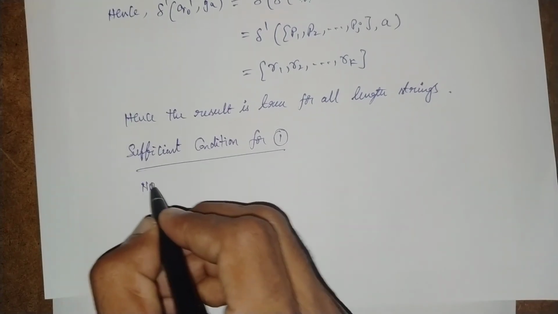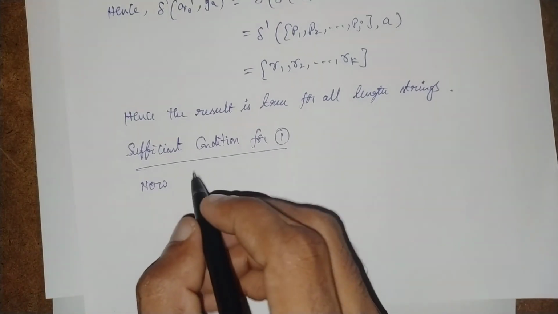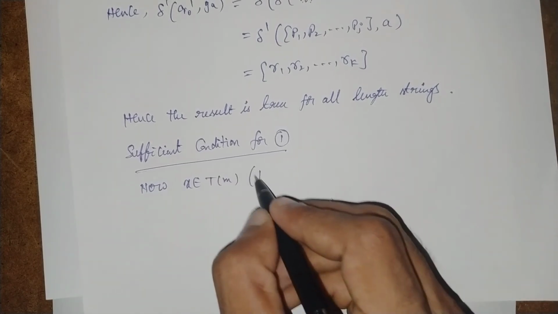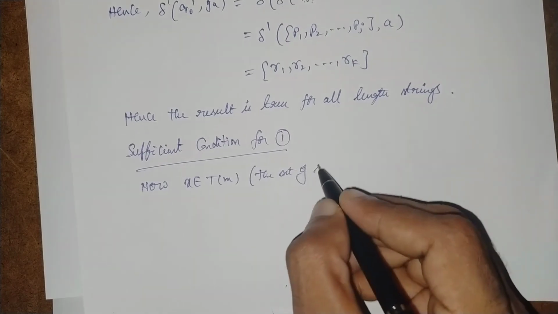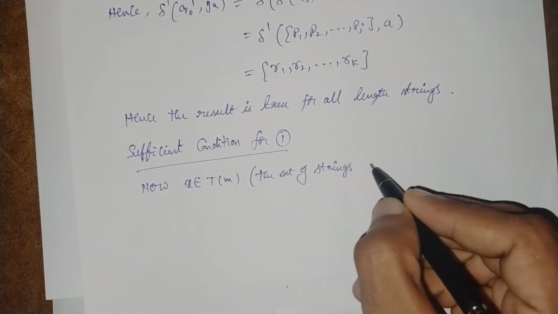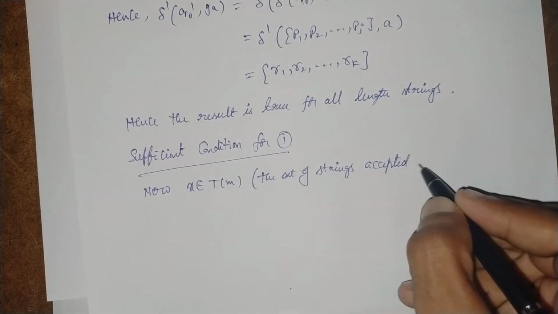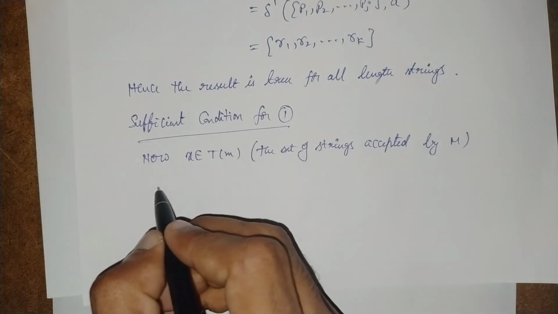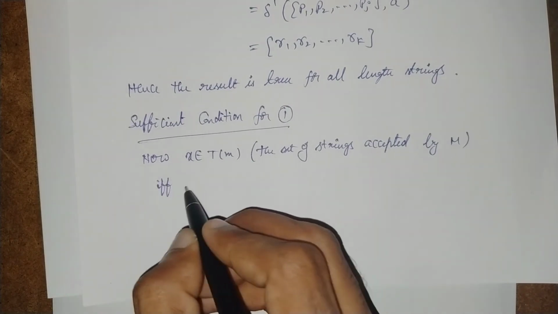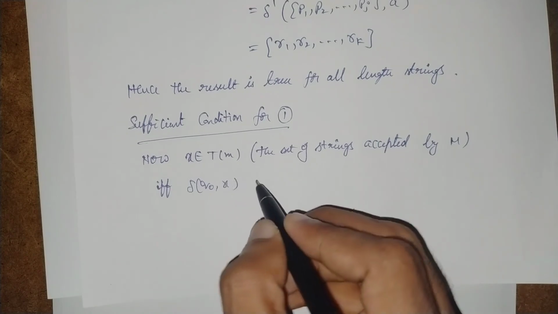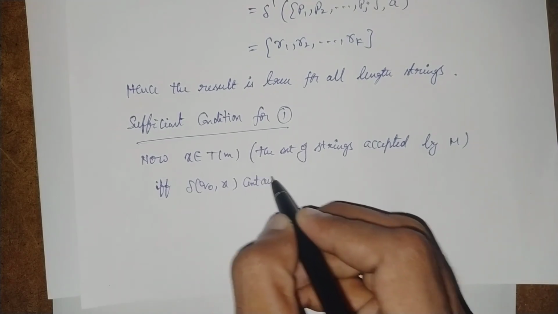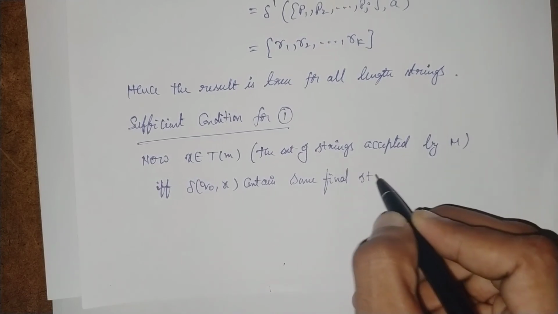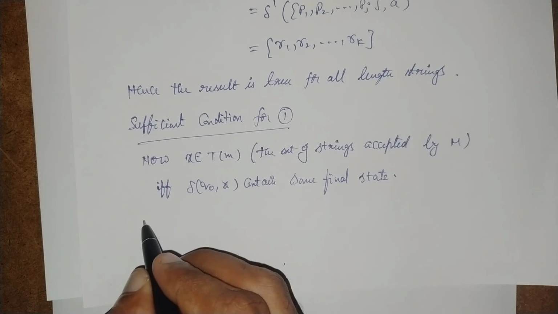So now x belongs to L of M, that is, the set of strings accepted by M, if and only if delta of Q naught comma x contains some final state. So now from the above result,